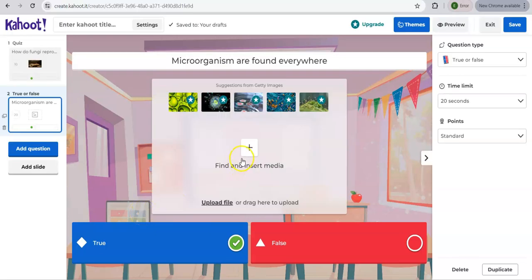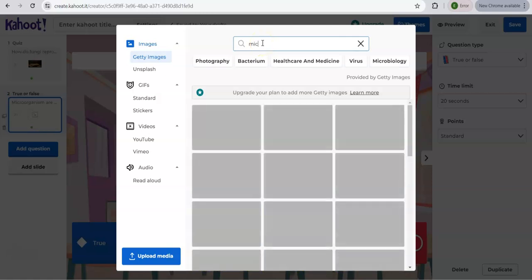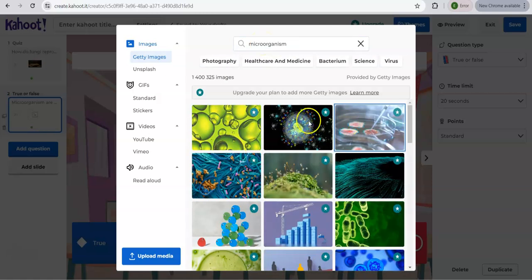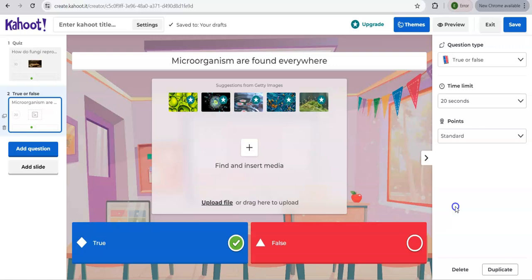Similarly, you can insert an image here, and okay, this is for the paid one. I may not be able to select this, so I won't be able to add a picture here. After this, I will just save it here,